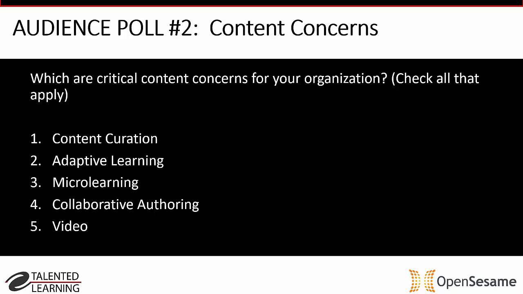All right, we see the horse race going. Numbers are changing. Give everybody 5, 4, 3, 2, 1, and we'll close that out. Speed poll in here, and we'll share it and see that it's probably not surprising. Collaborative authoring being the lowest on the list. How about that? But 63% for micro-learning and content curation, of course, and adaptive learning. So not a whole lot different than what our public poll is prioritizing.